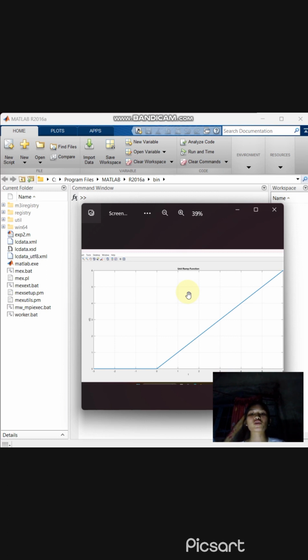We will consider it. Based on Google, a unit ramp function or signal is a type of standard signal which starts with the time variable t equal to 0, and it will increase linearly with time. So in this graph